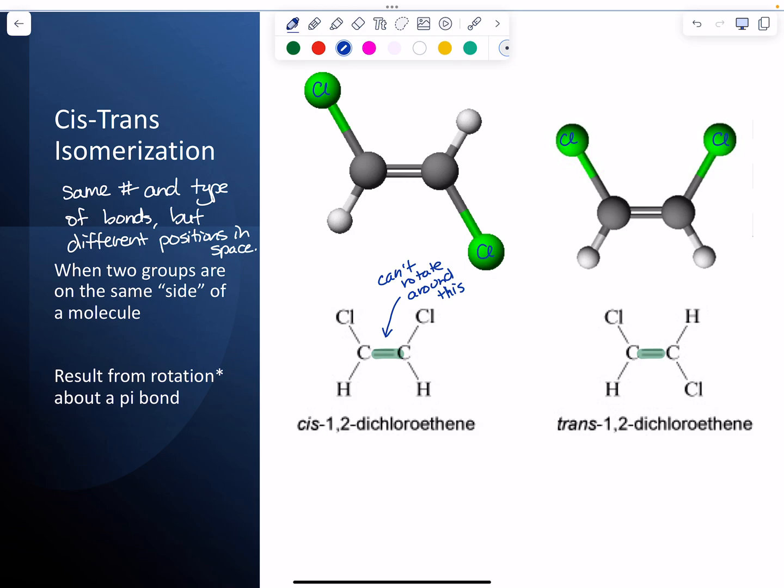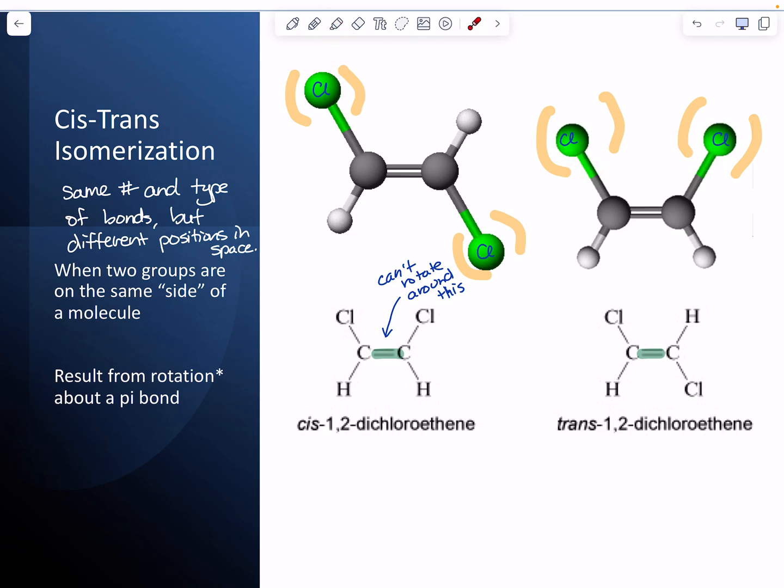So, what's the difference between these 2 molecules? Yes, Rob. Where the chlorines are, right? And the difference is going to be, chlorine is a pretty big atom compared to hydrogen. Are the chlorines close to one another in space, like they are in the